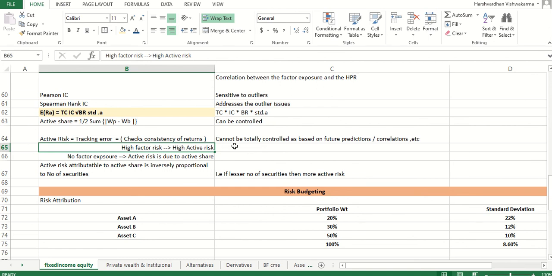Higher factor risk means the portfolio and the benchmark have different factor exposures. So if there is a higher factor risk, there is higher active risk, because the correlation will change. With no factor exposure, active risk is due to the active share. If you have zero factor exposure, you have a market neutral portfolio. So there you don't have the factor-driven active risk, and the active risk can be attributed to the active share, because